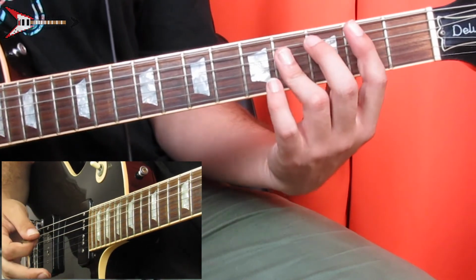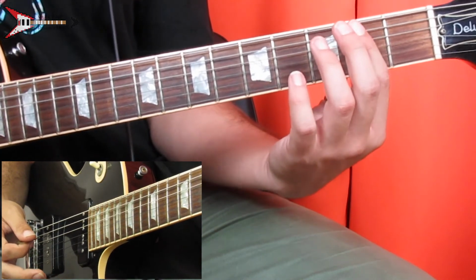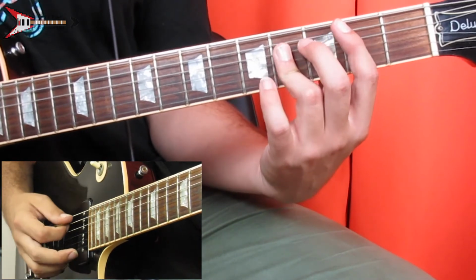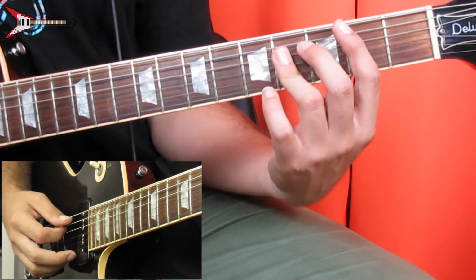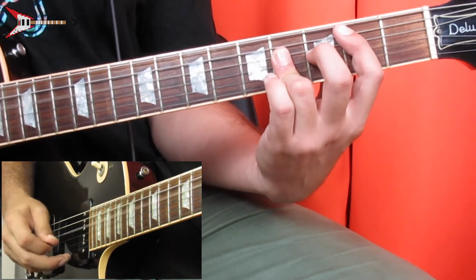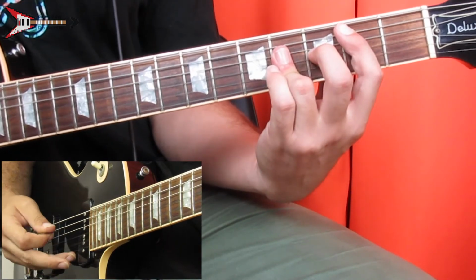Then to a B major chord. So you're going to bar the 2nd fret from the A string with your pointer finger, and you're also going to bar the D, G, and B strings on the 4th fret, and you're going to pick the A string, D string, then you're going to do an upstroke,